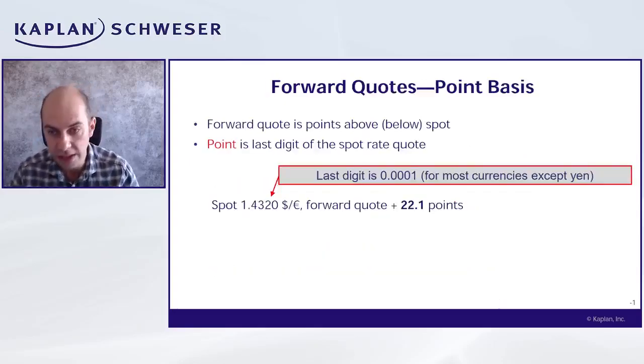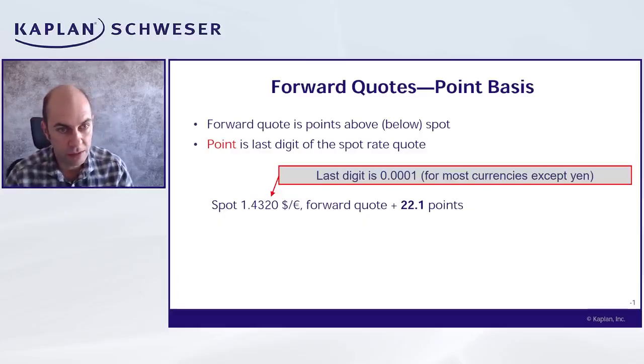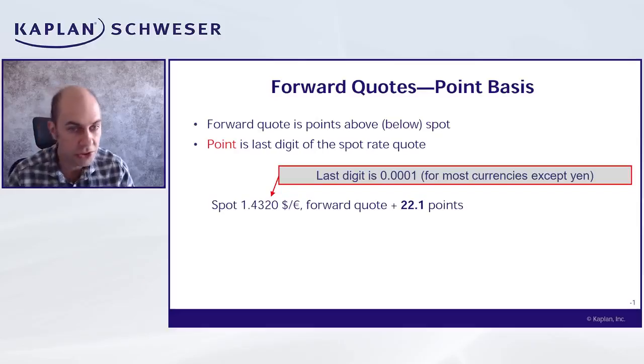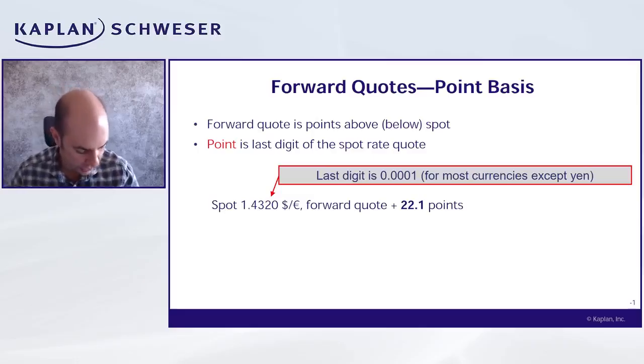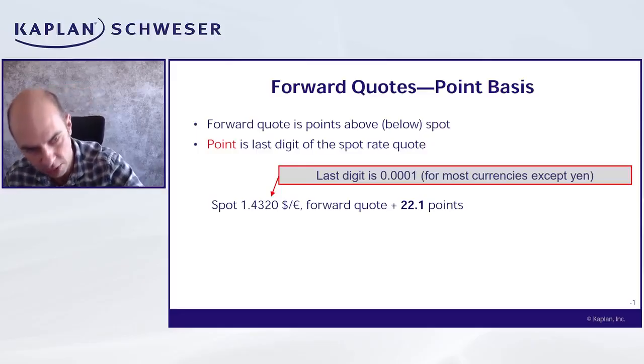And now let's think about how we're gonna quote currencies. So we're gonna use basically points. Remember, points or pips are the last digits of the quote. Remember, currencies are quoted to 4 decimal places. The last decimal place is the pip. So here I can do this essentially in one of 3 ways. And I'm going to tell you which one's my favorite way. Hopefully that will also be your favorite way. But I've got the spot here, so